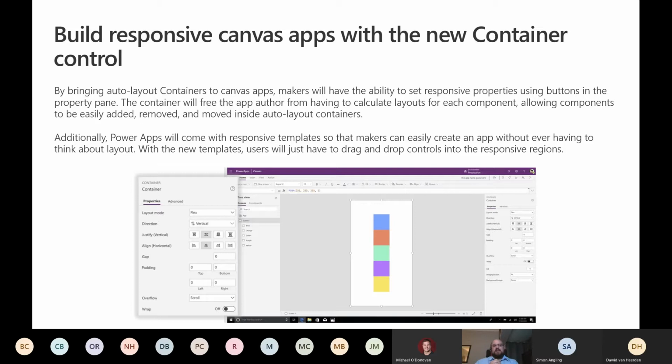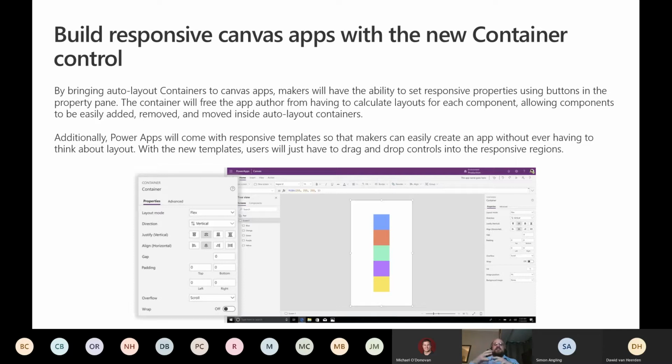So another one we're announcing that's coming is the ability to easily build responsive Canvas apps using a new container control. We've mentioned it a couple of times in a number of our sessions, what you need to do in order to make your applications responsive and adaptive, depending on whether you're viewing them in portrait or landscape or on a mobile device or on your desktop.